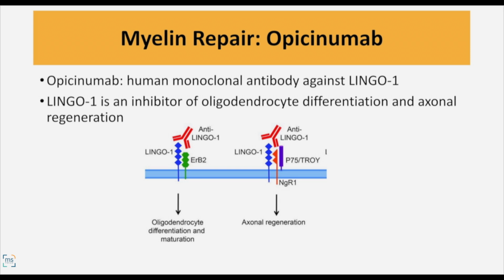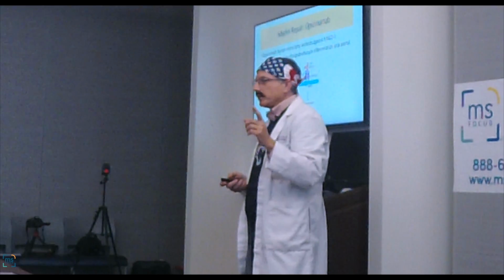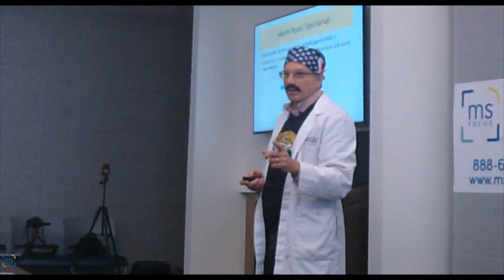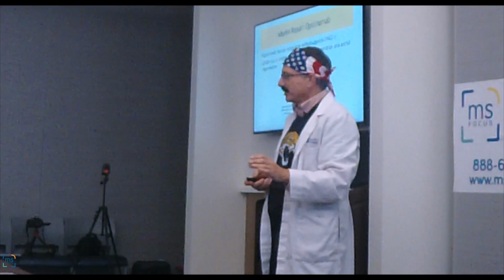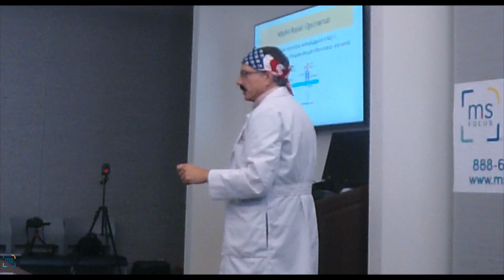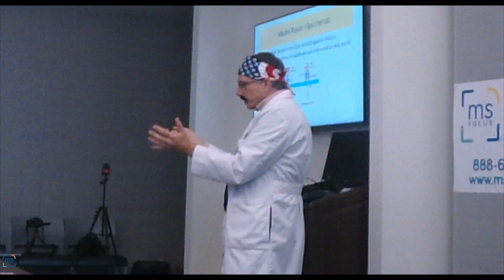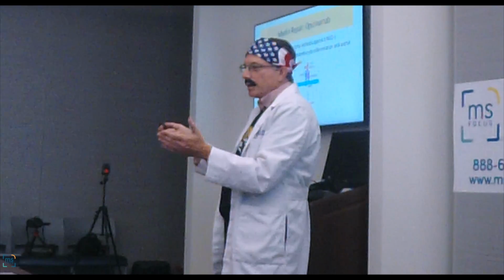Scientists are looking at utilizing monoclonal antibodies to stimulate oligodendrocyte repair of myelin. Now, as I mentioned before, we do have an innate ability to create myelin, but our bodies generally shut the majority of that off to prevent tumors from forming. All right? So there is a receptor on the surface of oligodendrocytes that's called LINGO-1. And LINGO-1 stays active all the time, and it suppresses the ability of the oligodendrocyte to manufacture myelin. All right? Now, if we block LINGO-1,